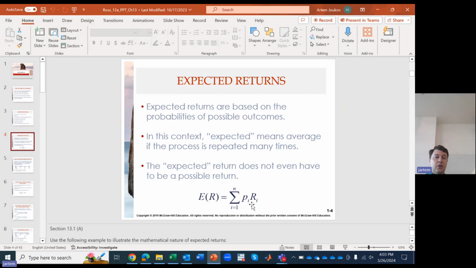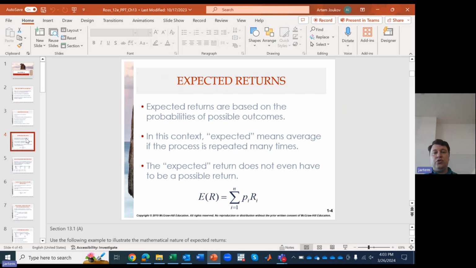or, excuse me, you had three expected states. So you had the probability of state one and the return in state one, right? So the i becomes 1, p_1 times R_1. You had a second state, 2, so p becomes p_2 and R becomes R_2, and so you have those probabilities. And then you have probability 3, so p_3 times R_3, and so on until you reach n, which is the total number of states that you have.